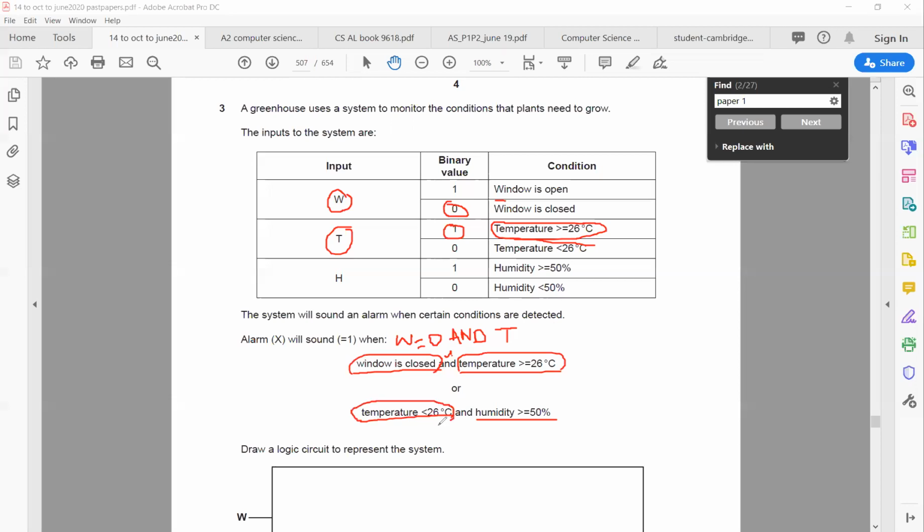Now the temperature is less than 26, so now it has a 0 value, ठीक है, so now I should write T equal to 0, because for 0 I will apply a NOT gate, ठीक है,